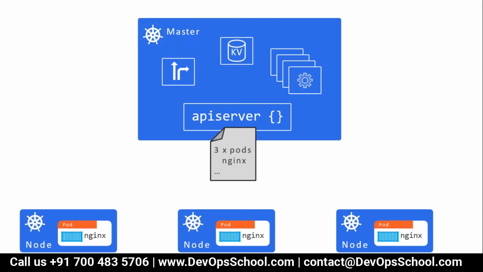The moment some node is not up, it's not responded to the controller, then immediately the controller will respond to the API server saying that okay, this node is not responding, please throw them out of this cluster. So it's like that. So controller manager is different, I think. It's more of a utility to the API server, right? A helper, I would say that way.